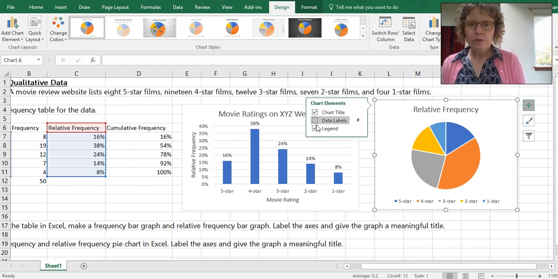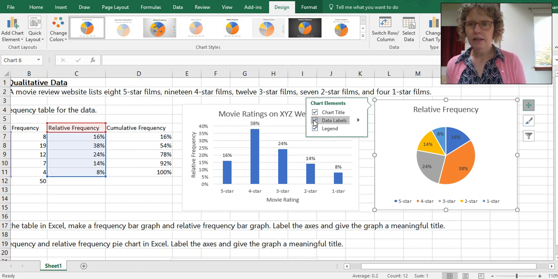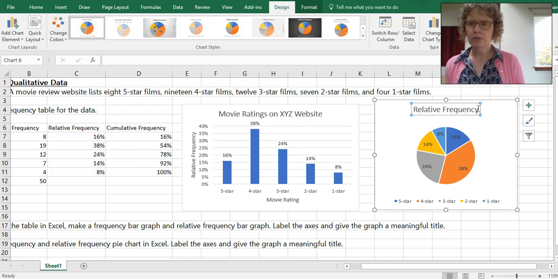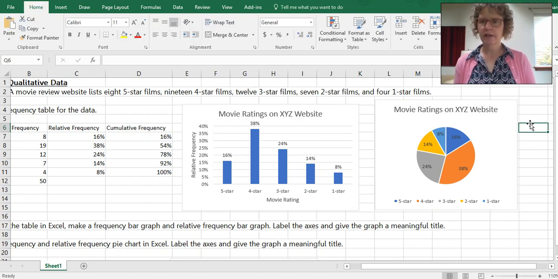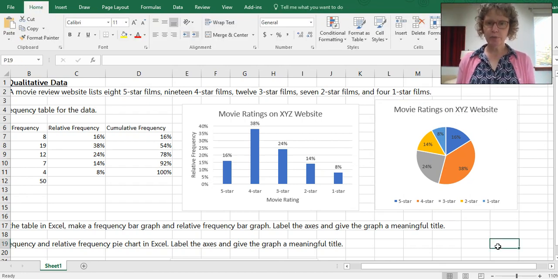Okay, what do I want to do on this one? Let's say data labels, and I think that's all we need to do. We could change our title to movie ratings on XYZ website.